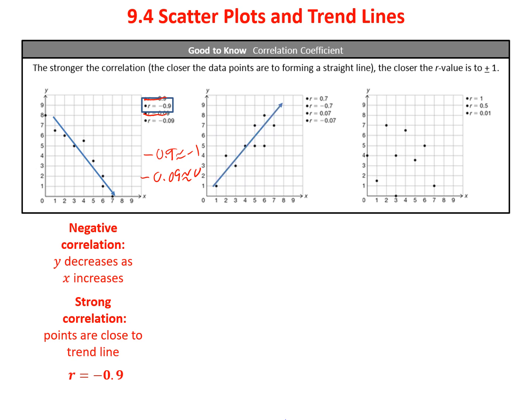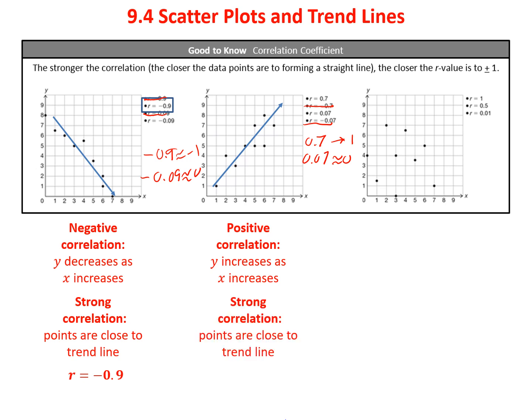The second one is positive, but notice it's not as strong. The points are not as close to the line as they were in the first example. So first off, it is positive, so I immediately know the negative ones are wrong. So my choice is between 0.7 or 0.07. Well, this one's close to 0. This one is moving towards the 1. It's not as close, but that's what we're after. It's going to be a positive correlation. And while it's not like a 0.9, it is fairly close. So I would say it's a strong correlation, points are close, and in this case our answer is going to be